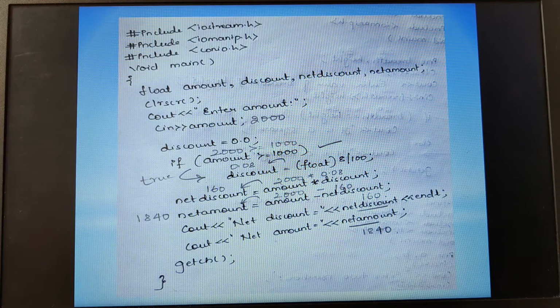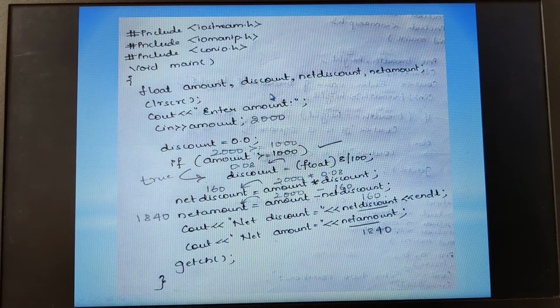Okay. How do I decide which variables I need to take? Now, the discount you are calculating, obviously I should take as a floating data type, isn't it? Because it may lead to values in terms of points also. Therefore I have taken float as the data type. Now how many variables do you need? One variable to read the amount, and one more variable for the discount.